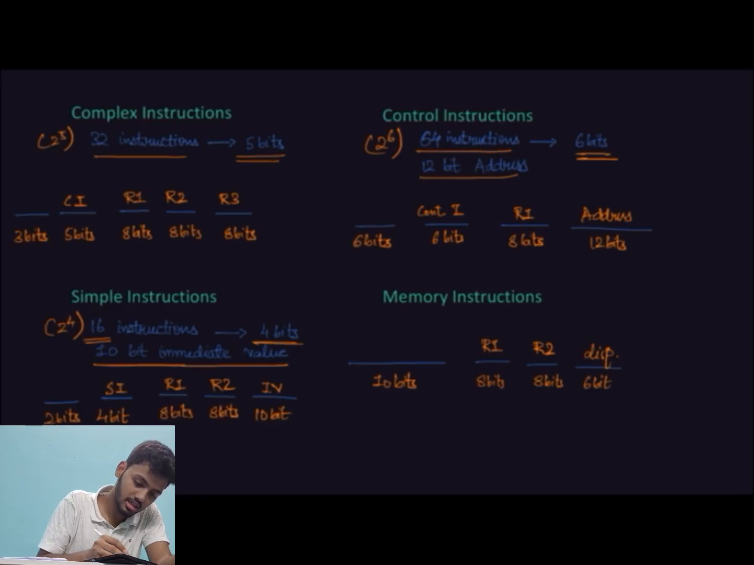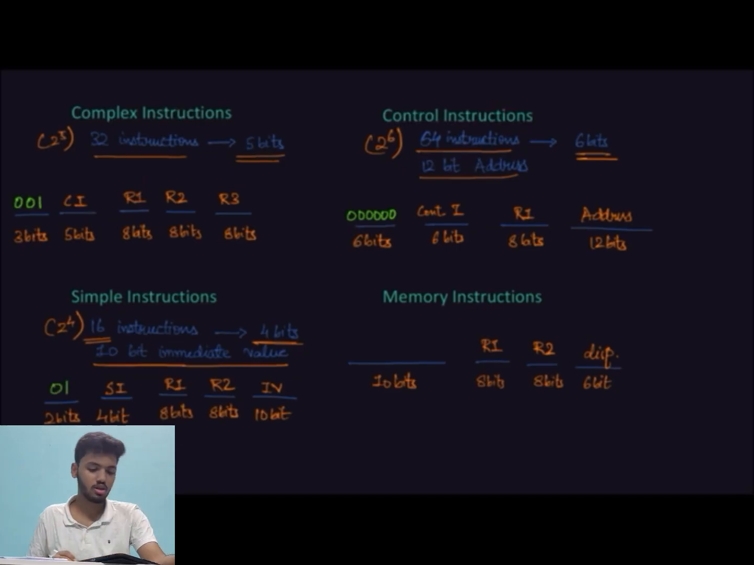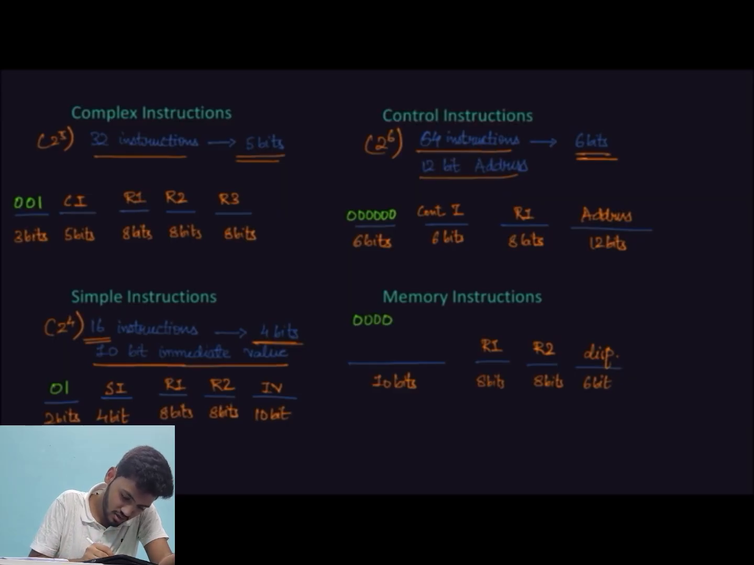So let us address the control instructions as a string of 6 zeros, the complex instructions as 2 zeros followed by 1, and simple instructions as 0, 1. So the options left for memory instructions are as follows: 5 zeros followed by 1, and then 4 bits, which could be either 0 or 1, or there could be 4 zeros followed by 1 and then 5 bits remaining, or 3 zeros followed by 1 with 6 bits remaining,